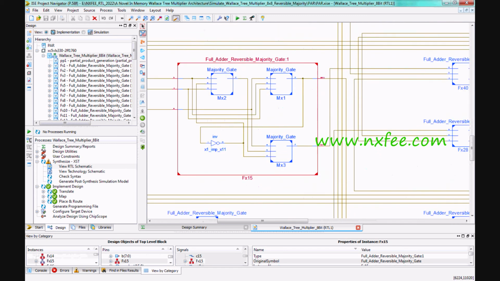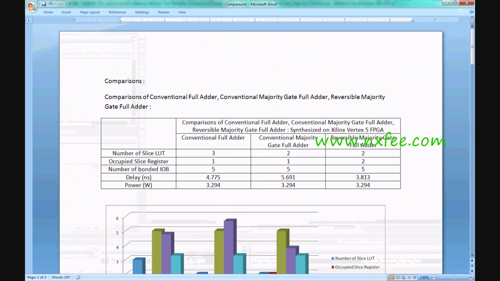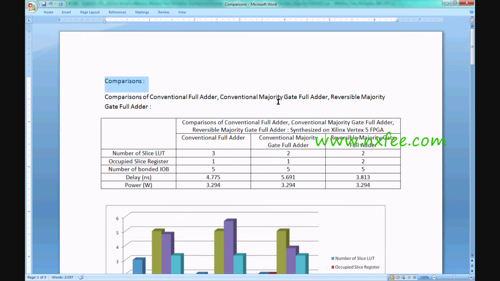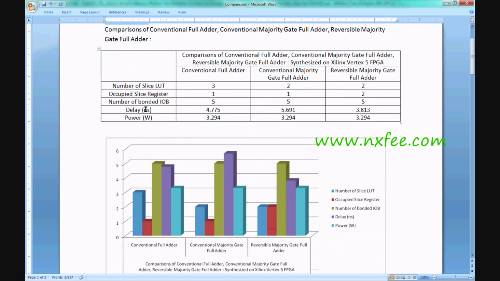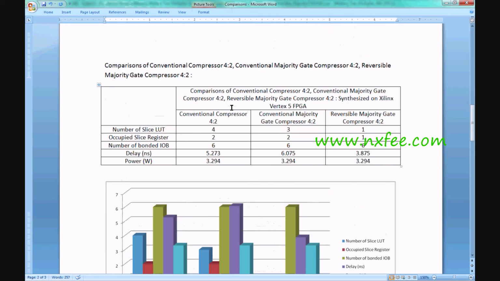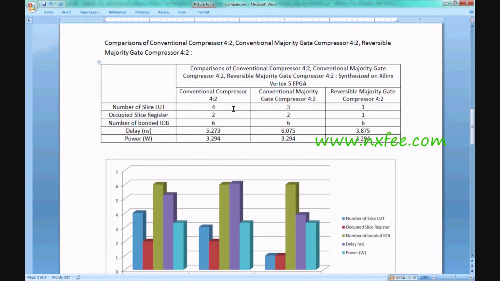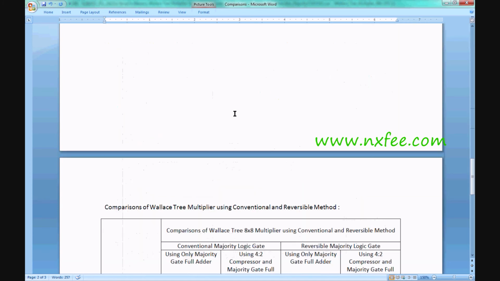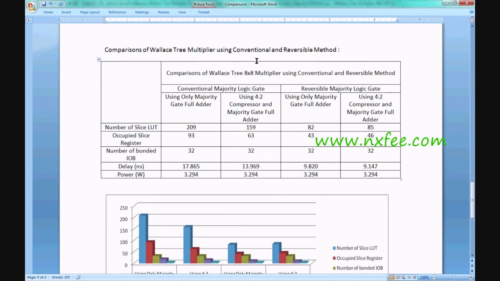And we have taken all the comparisons. We can show those comparisons here. It is a comparison for full adders, majority full adders and reversible gate full adders. You can check the full adders part. This is a conventional full adder using the two half adder method, and we compared that full adder also. This is a comparison analysis chart, and this is the comparison for the compressor 4:2 method. And this is the comparison for the Wallace Tree multiplier, where we used a conventional majority logic gate and reversible majority logic gate,